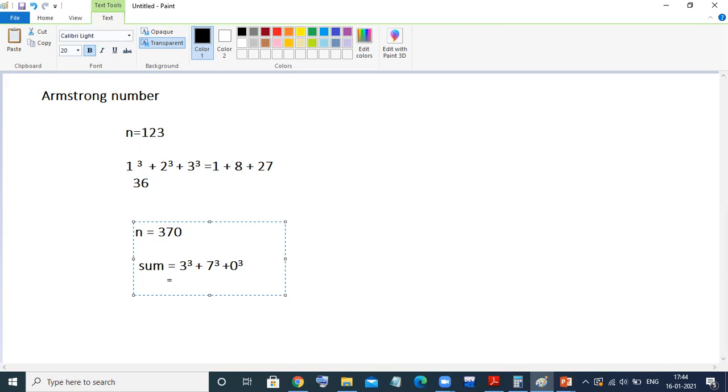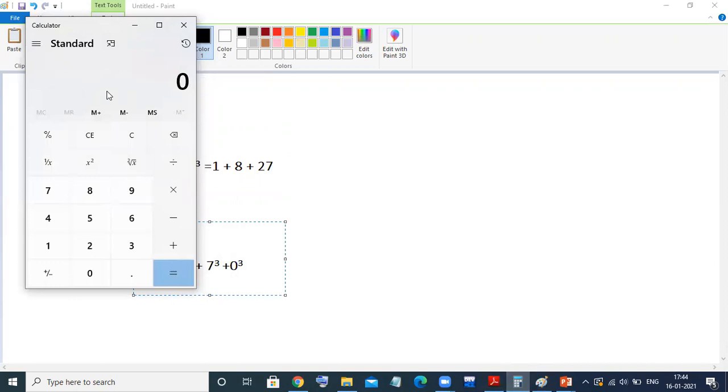3 cube means 27, plus 7 cube. I don't remember 7 cube, so I need to find it using the calculator. 7 into 7 into 7 equals 343.